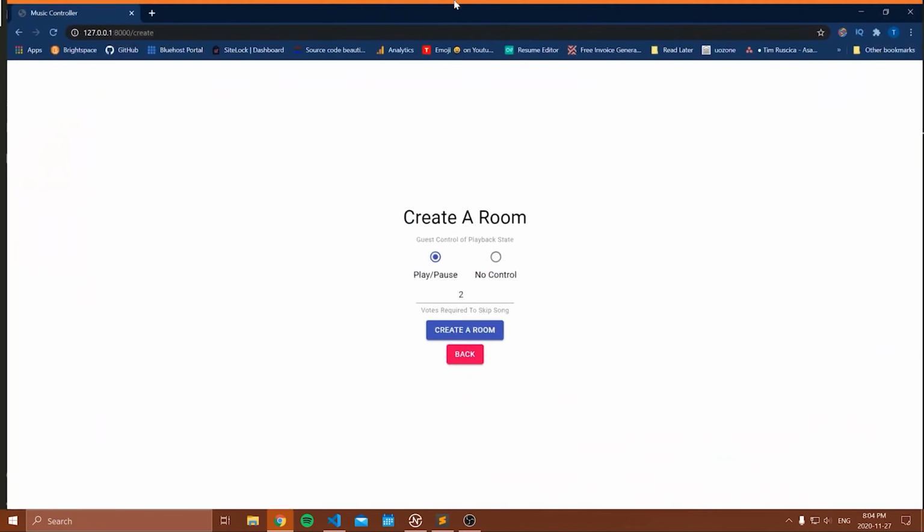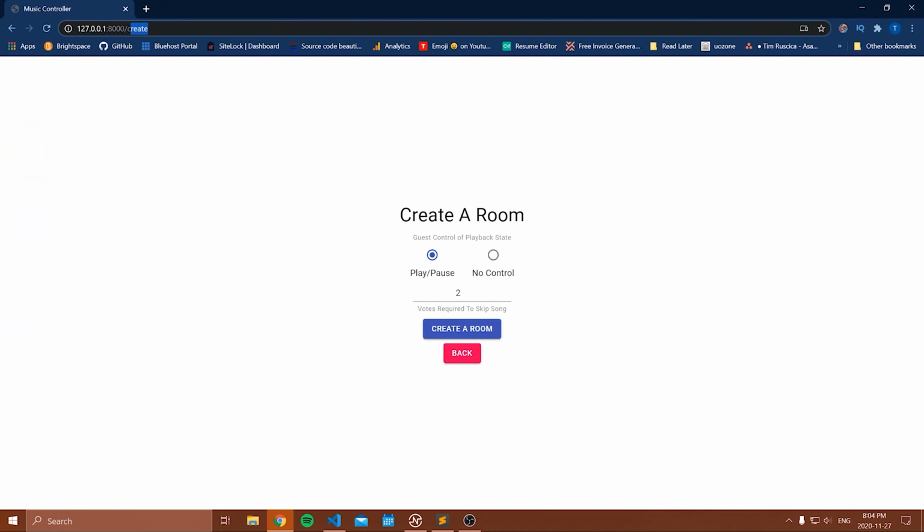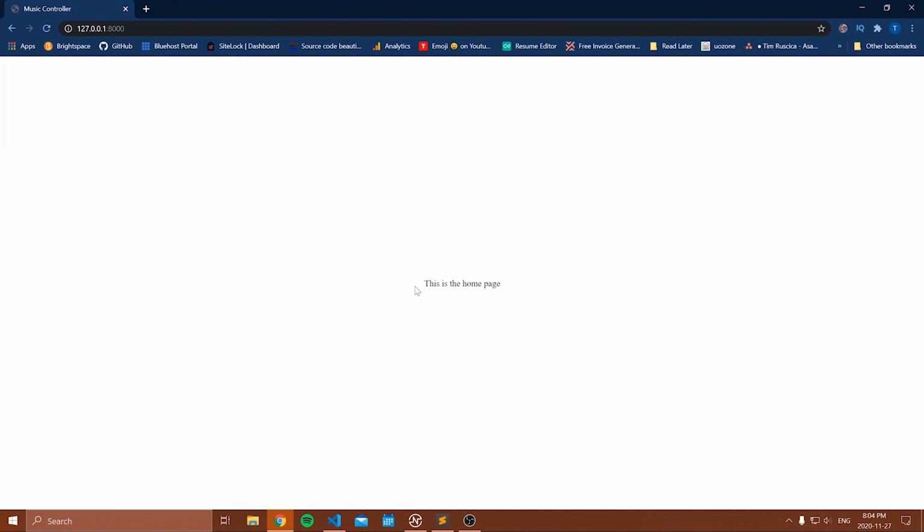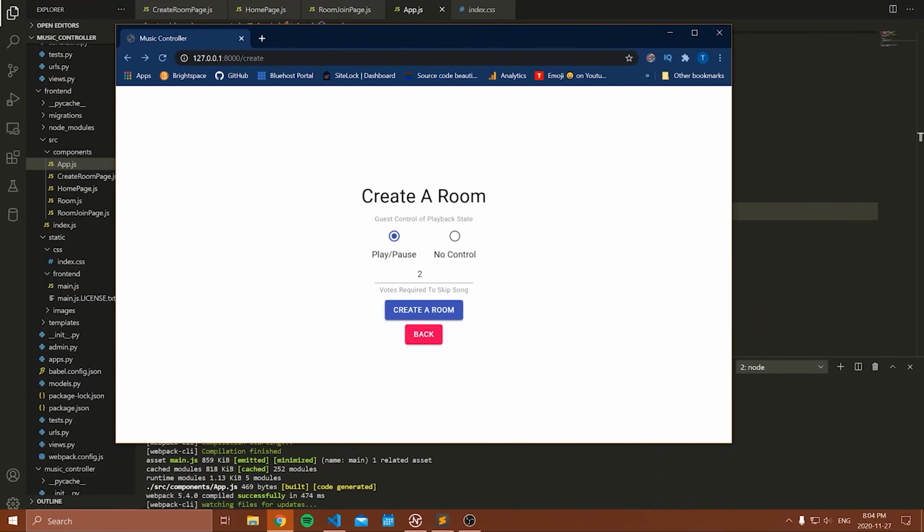Now, to show you that this isn't just going to work on the create room page, let's just go to the home page like that. And you can see our homepage text is centered as well. All right, so now that we have that figured out and our app is looking a little bit nicer, let's actually start coding out the join room page. So we're going to use a very similar theme to what I did here, but of course it's just going to be a little bit simpler because we don't have as many things that we need to implement.